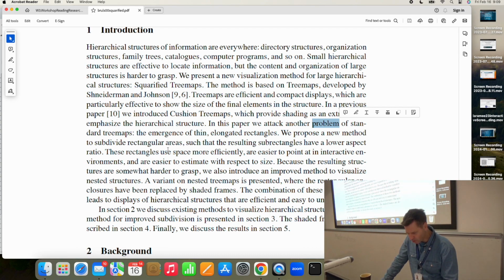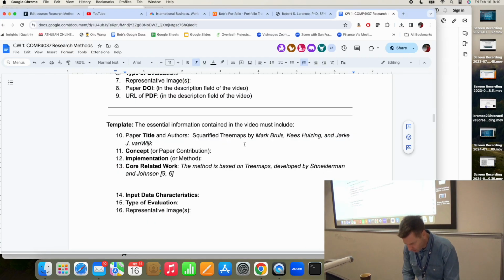These rectangles use space more efficiently, are easier to point at in interactive environments, and are easier to estimate with respect to size. So that is the concept again, presented again. So I'll put that in there. So the concept is